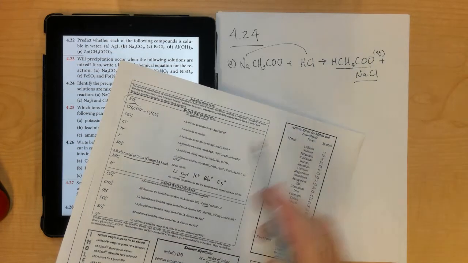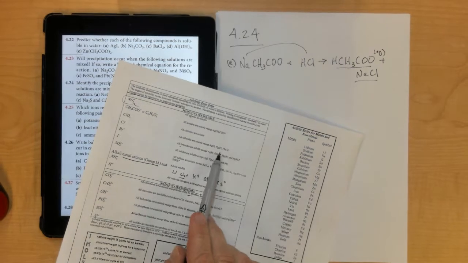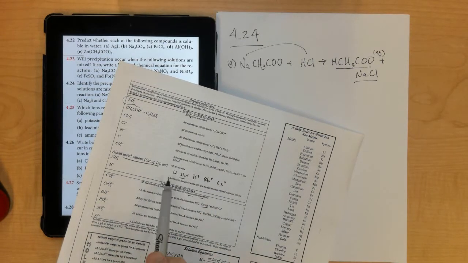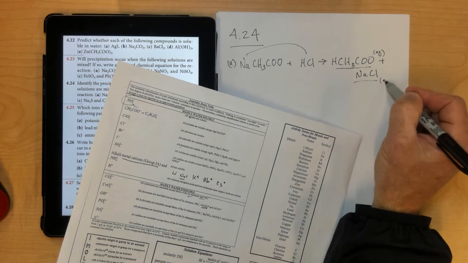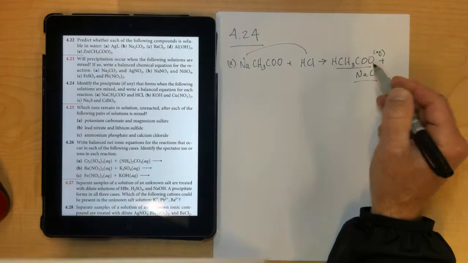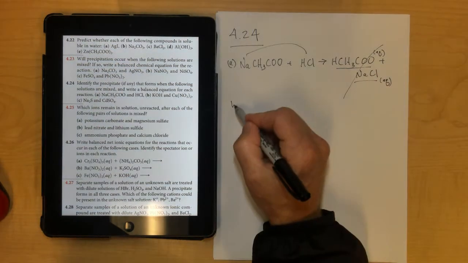And then NaCl's got chloride in it. That means all chlorides are soluble except for silver, mercury, lead. It also has sodium in it. That's a group 1 cation, so this is also aqueous. So there's no precipitate that forms in this one. Letter B,